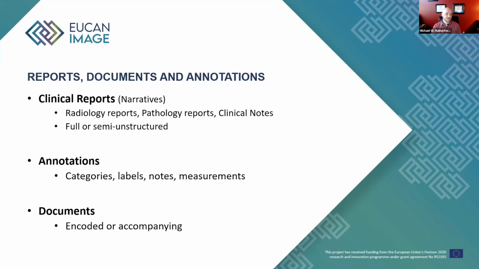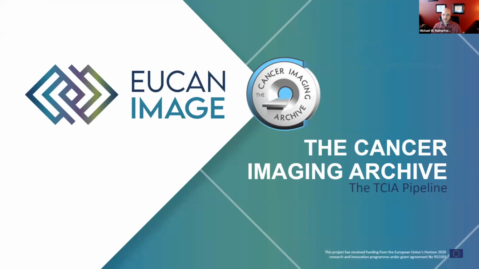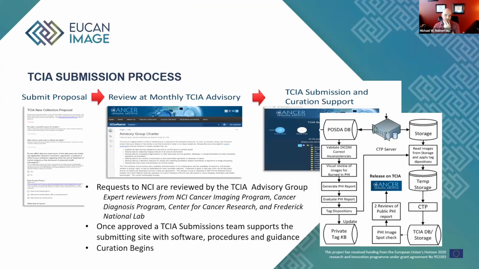It's pretty much big blobs of text, and you're in that needle in a haystack situation again. So that concludes my overview of de-identification, and I want to go ahead and give a quick overview of the TCIA pipeline and how we handle some of this. The TCIA submission process starts with the submission of a proposal from clients that want to submit their data. All these requests are reviewed by a TCIA advisory group, which includes experts from the NCI Cancer Imaging Program,